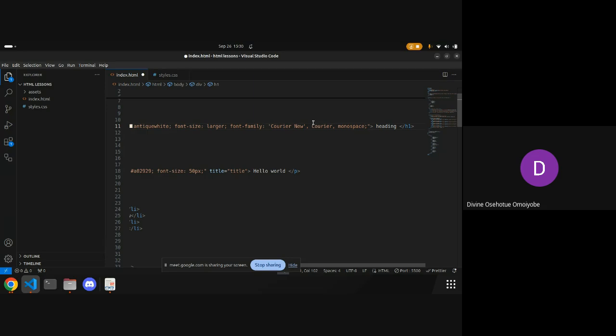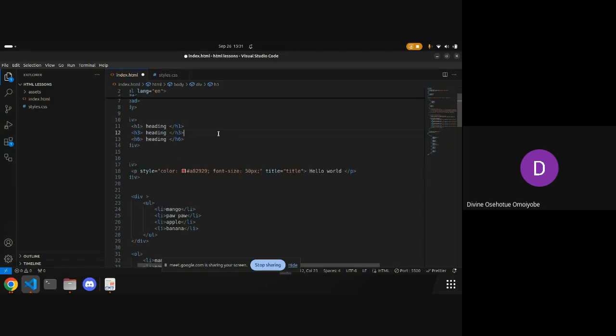Just use it small. Just use it when needed, when you need to apply a style directly. It's not really conventional, but people still use it. But it is advised that you use it sparingly. So going back,